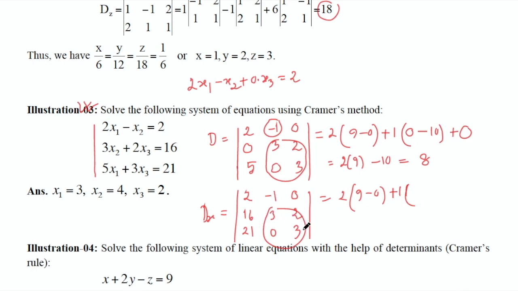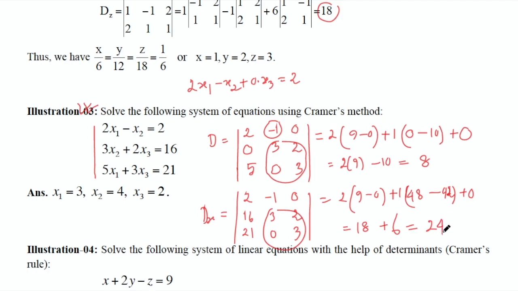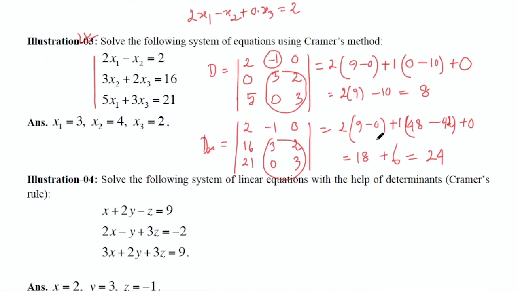9 minus 0 plus 1 times 3 into 16, which is 48, minus 21 into 2, which is 42, plus 0, this equals 18, plus 48 minus 42, which is 6, this equals 24. dx is 24, and dy is equal to the determinant of